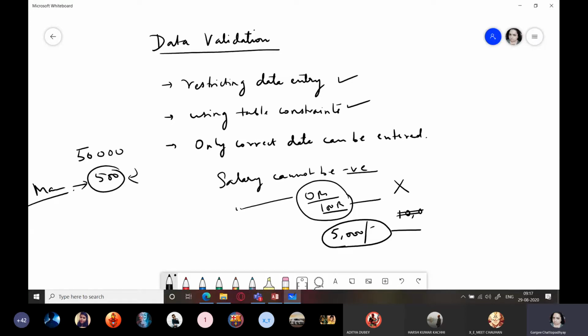Does that make any sense? No. So that happened because of the error of the data entry operator. Hence, what is to be done? Some restriction has to be applied so that the data entry operator can only enter correct data, can only enter value which is minimum 5,000 or greater than that.